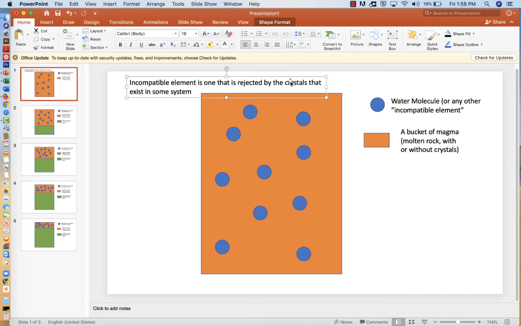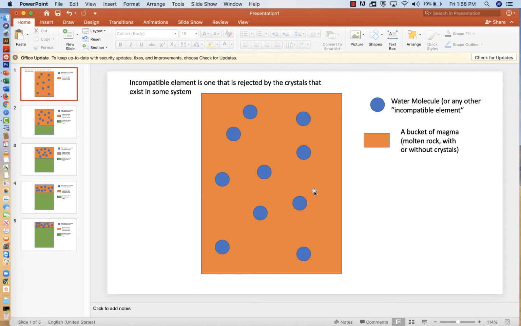So here, I'm going to take water as our incompatible. It's not so much an element, but a molecule. But most minerals don't absorb water. Some do, like amphibole or biotite. But let's say we have olivine. Now, if we have a batch of magma that's shown here in orange, and let's say we have 10 water